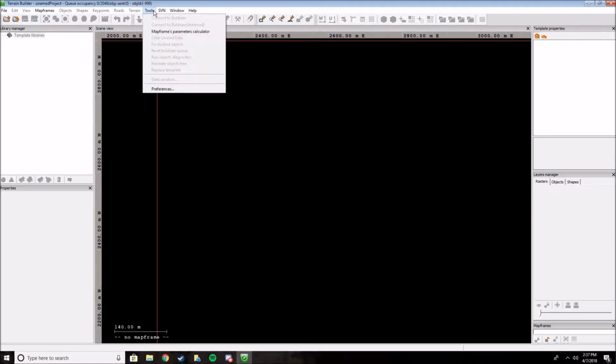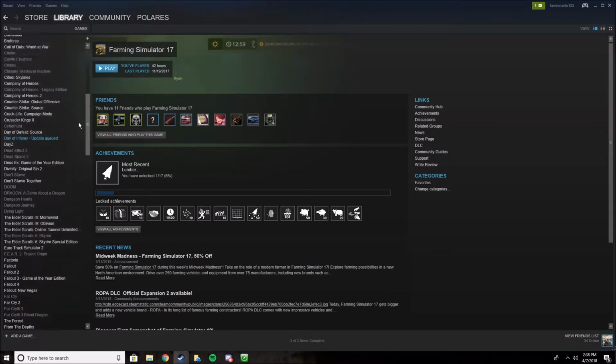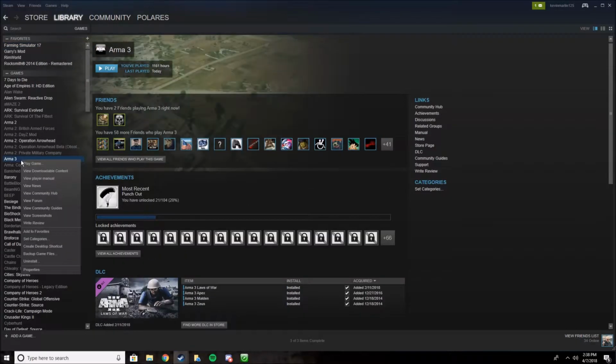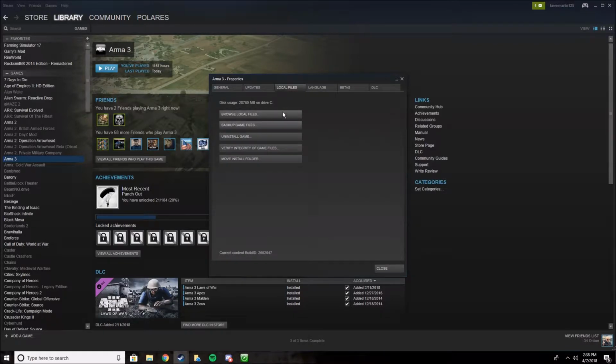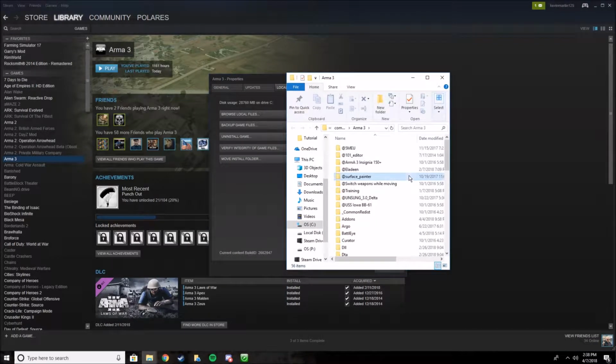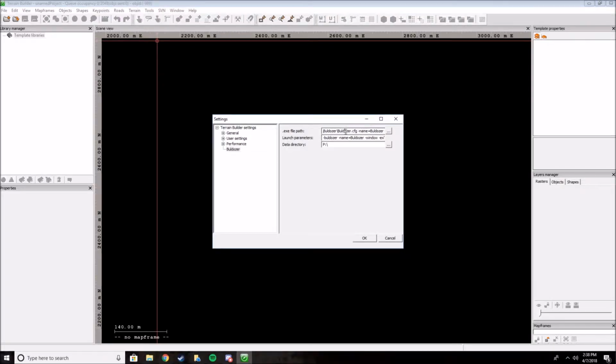Now we're going to go to Tools, Preferences, Bulldozer, and we're just going to scroll up, get Arma, right click it, Properties, Local Files, Browse Local Files, and we're going to find Arma364.exe. Now we're just going to go up here, Control C, and we're just going to